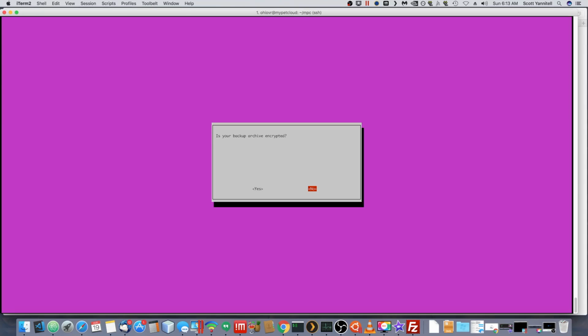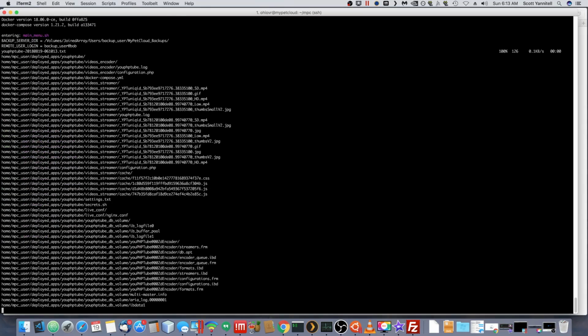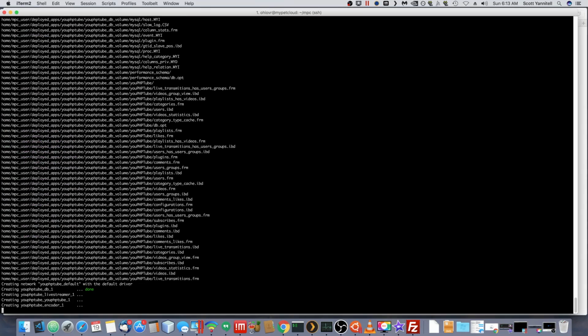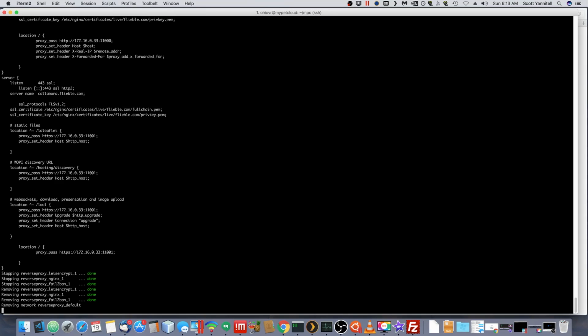It's kind of ambiguous. Is your archive encrypted? Yes. And if we're lucky, the encryption password is the same. Apparently it worked. One of the great things about this backup, I have to mention, is that it streams the backup over SSH. So let's say you have a 40 gigabyte VPS, and 39 gigabytes of it is full,